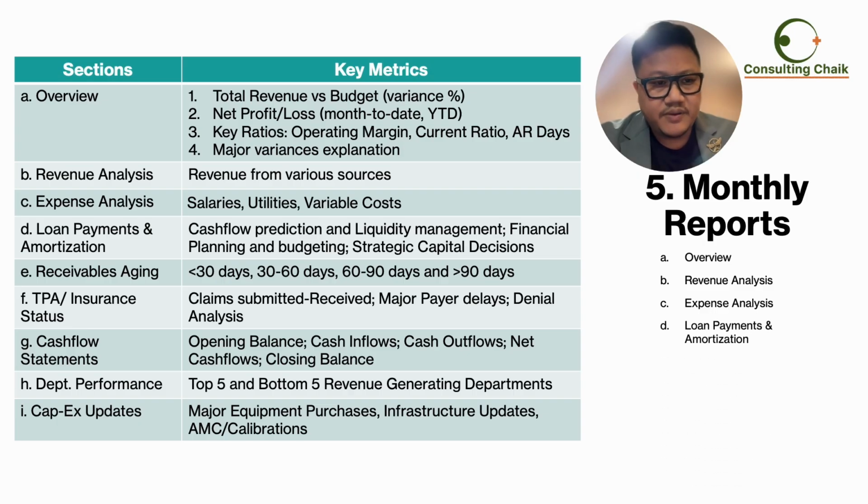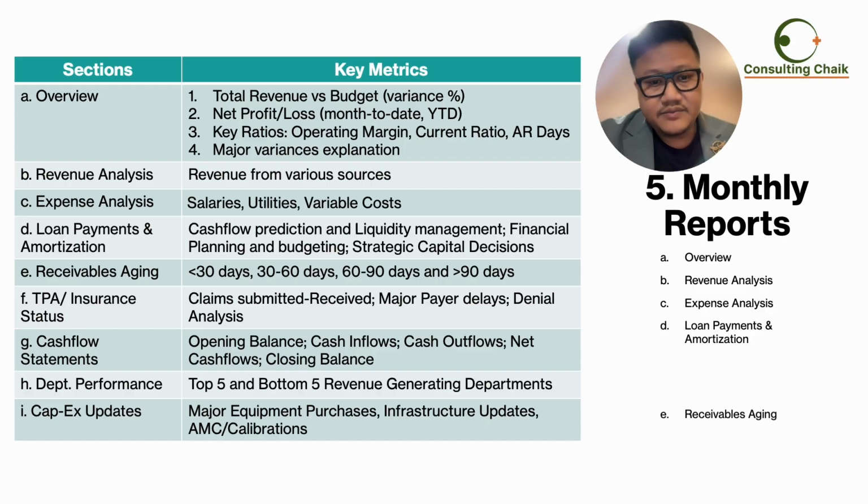Okay, then comes your payment and amortization. Amortization is basically the principal part of the EMI, so loan payment and amortization. So the cash flow prediction and liquidity management is helped here. Financial planning and budgeting can be done. You track the loan payments and amortization to prevent financial distress. If it is not seen, then one day you feel like you're overburdened by the EMI of the loans and you're not able to repay, there's a cash crunch going on. So when you track these things and you're able to pay those EMIs on time, it gives a lot of confidence